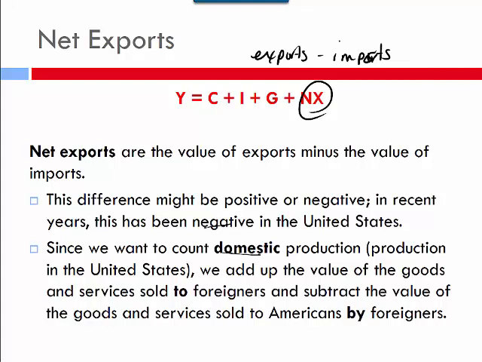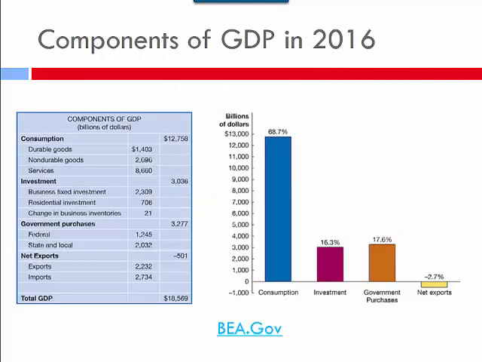and ours is negative. Now, in your book here, they have 2016, I think, was the updated numbers they have there. And I'll show you, I went out to the BEA and got some updated numbers, but the percentages are about the same. And you can see consumption is always the biggest. Investment and government expenditures are usually fairly close. And then net exports is negative, but as you can see, it's pretty small compared to these other ones, which is why it doesn't have a really dramatic impact on ours.